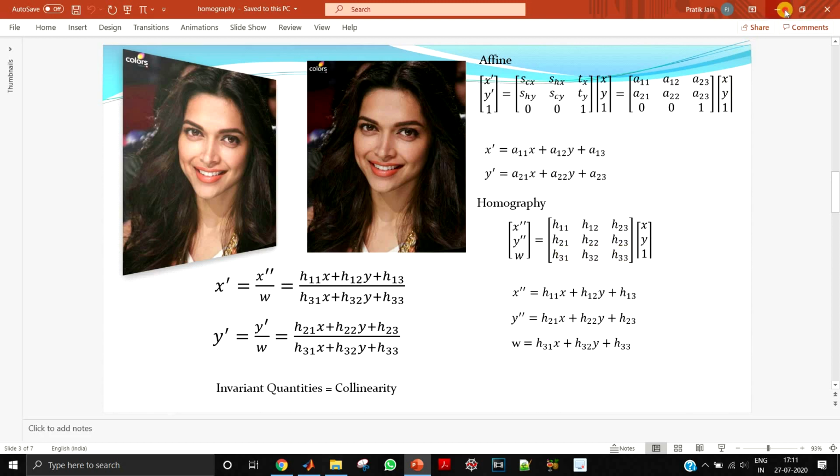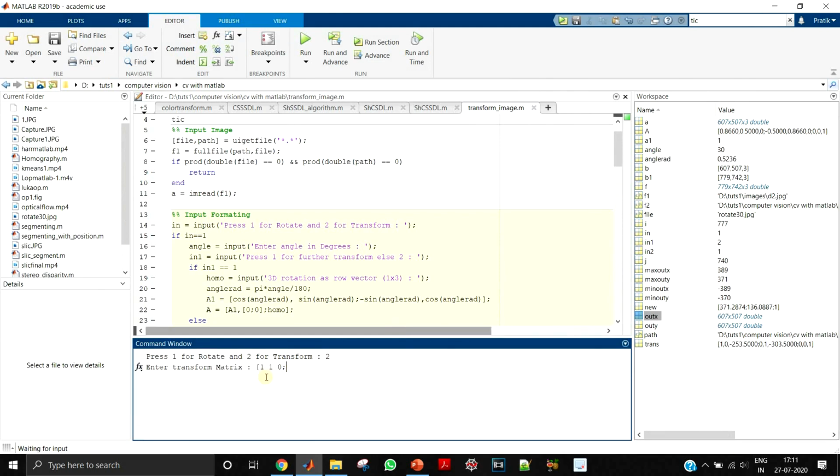So 1 1 0, next a semicolon, so that it indicates that I am going to the next row. Now 0 1 0, again a semicolon for the last row, and that is 0 0 1. So these are my parameters for affine. I want to do an affine transform such that it is skewed in the x direction.